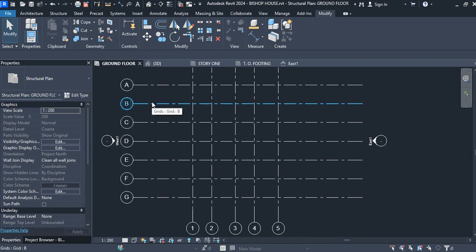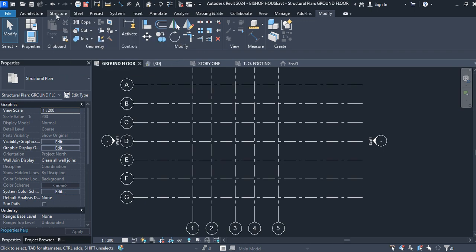So in today's session, you're going to look at adding a stepped footing and adding spot elevation tags in our plan views to show how deep these stepped footings go down. So we can first construct a